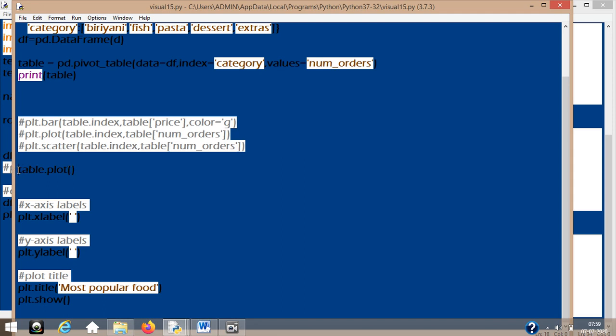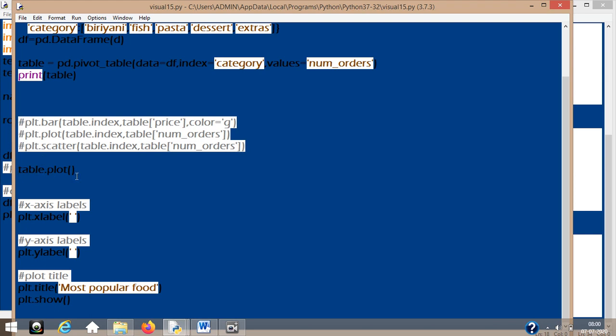Let's comment this, and I am going to uncomment the first one which I did here. Of course, this time with PLT, not with your table. See, it was PLT. All these are with PLT. This was the only thing with table.